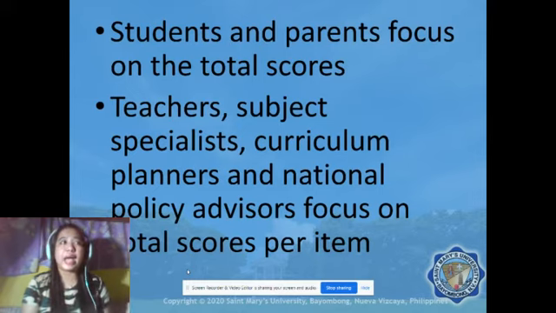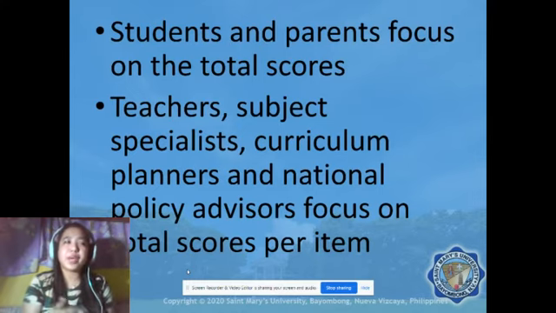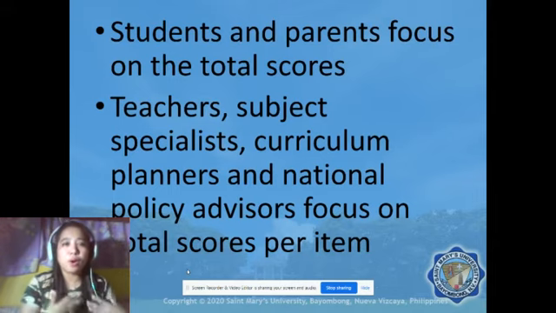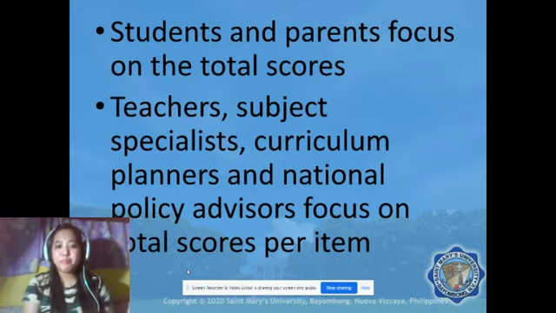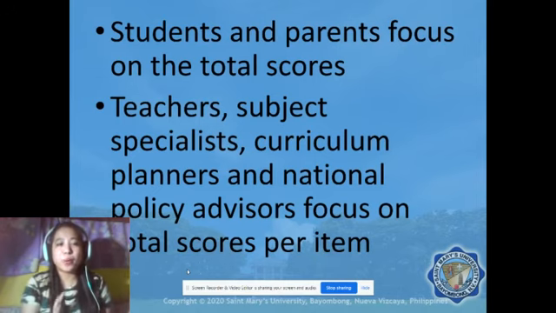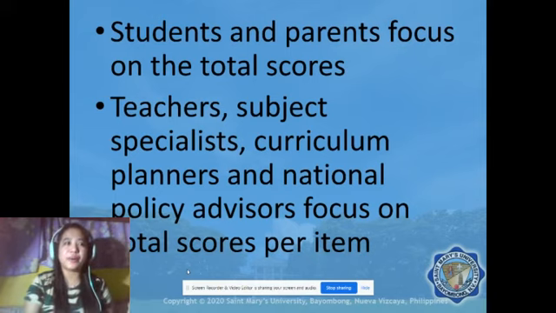That's the time that the teacher may realize if he or she met the standard given in the curriculum, if he or she was able to teach that particular topic and all the students understood the lesson. It is his or her way to determine which learning competency is the least mastered or the most mastered topic.